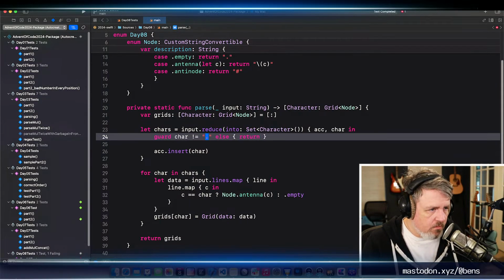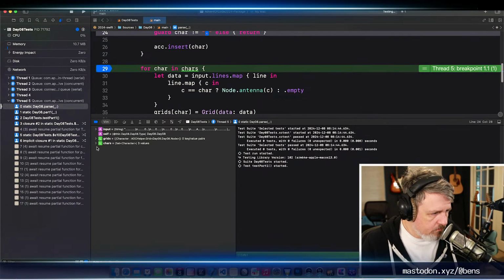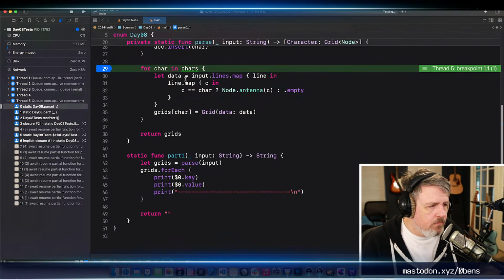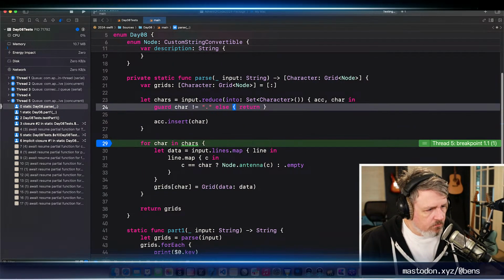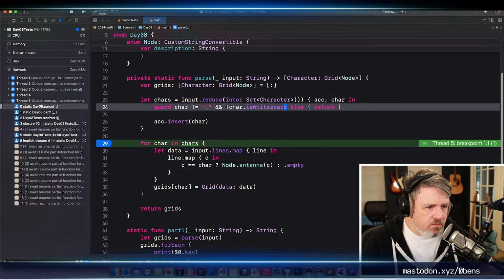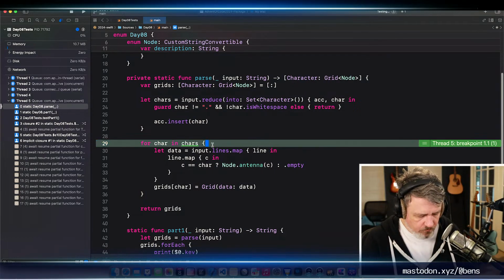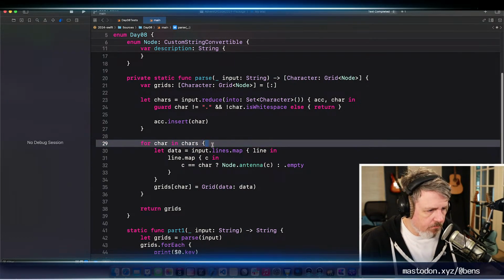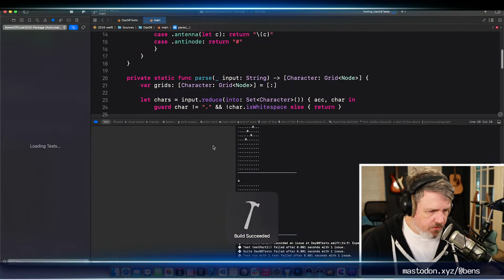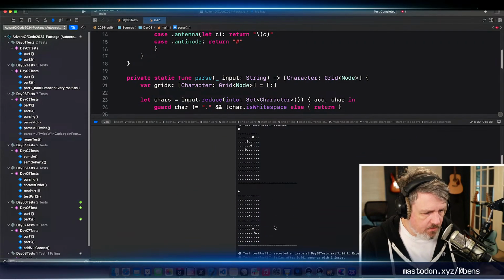That's weird. It shouldn't have 3 values. Oh, it's got a new line. Not charted is white space. Okay, now we should have our 2 grids for the 0 antennas and the A antennas.